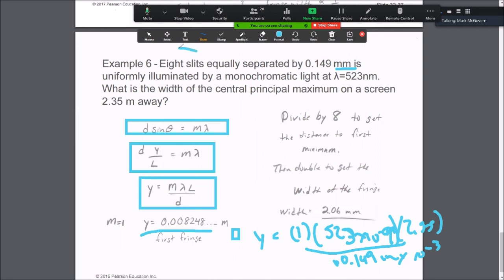Now the E wasn't too important. That's the idea. Is that the width of the central principal maximum is going to be determined by, basically where the first minimum occurs. That's the idea here. So I use the wavelength, I use the screen distance, I use separation, and that will get me directly what that distance is. Okay, so